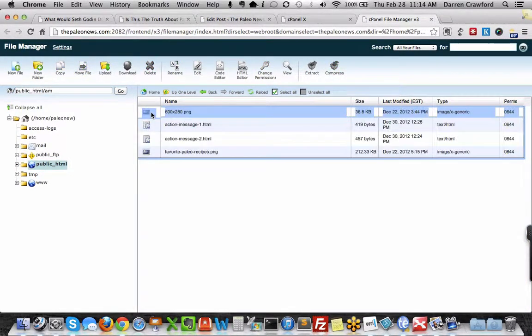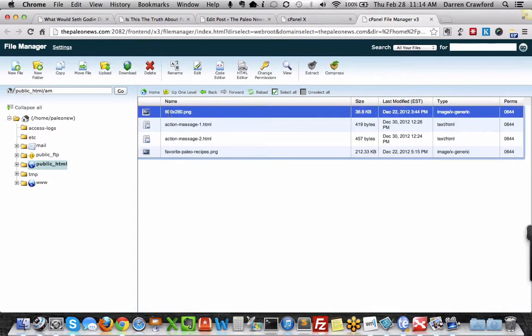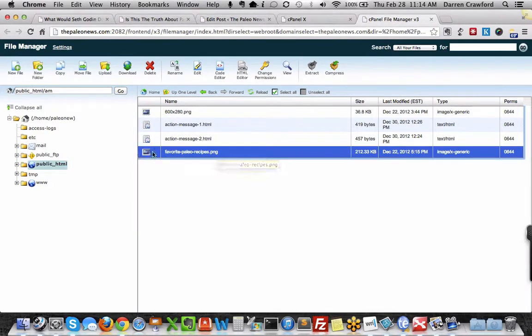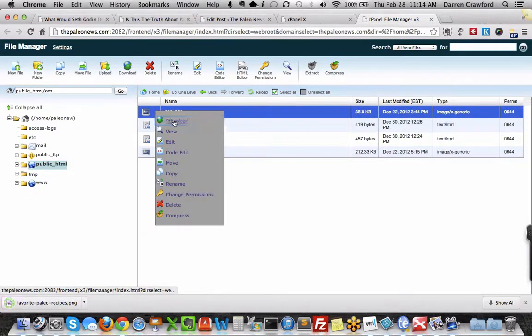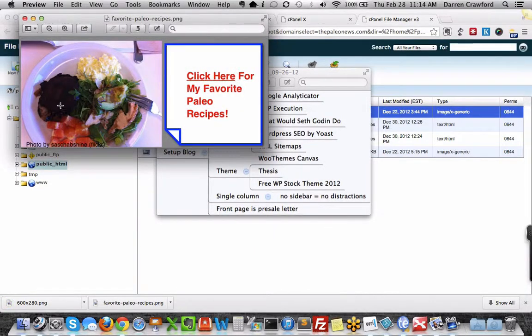So what I've done is I've created a folder and I've put my images and everything in here. I've got a couple different things. So I've got some files. Let me just download these so we can take a look at them. Alright,